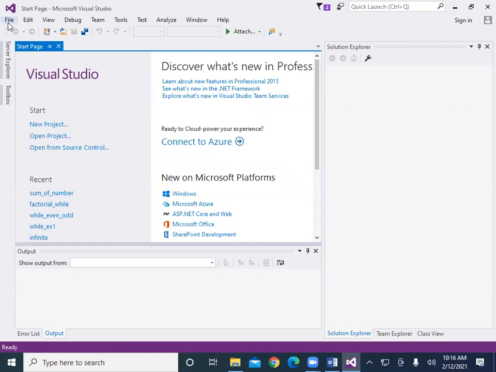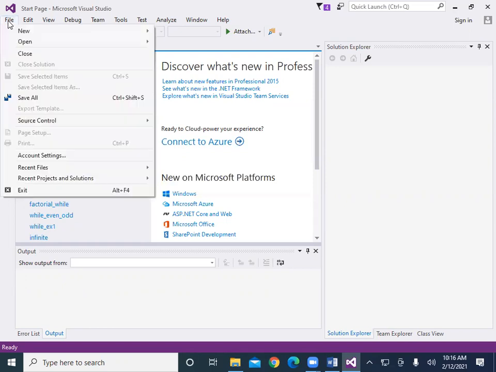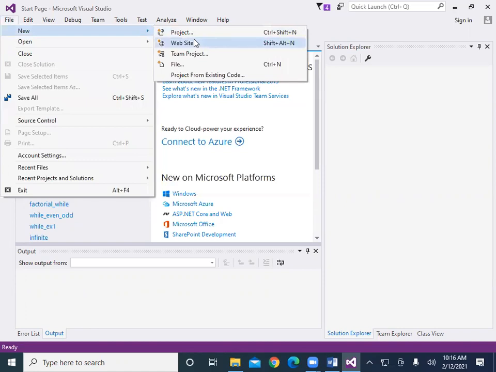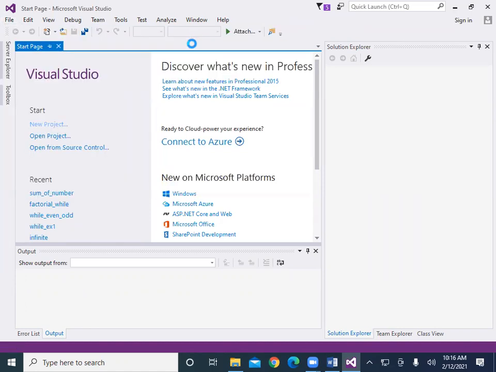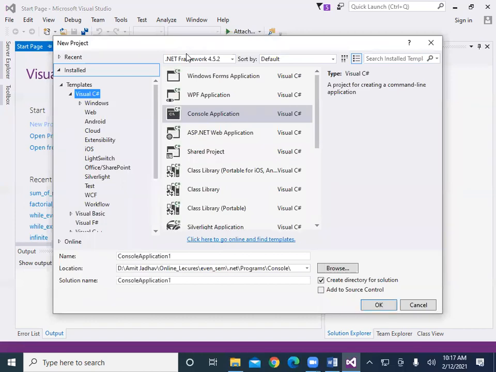So here we start with the file and we click on new project. Console application.